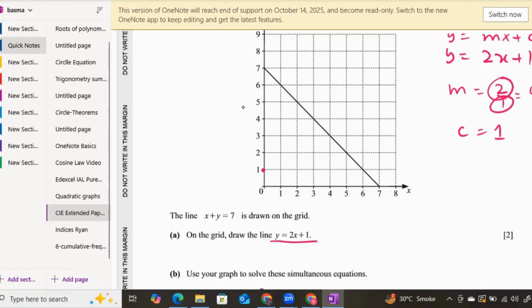Since they both are positive: if y is positive, you move up. If y is negative, you move down. If x is positive, you move forward. If x is negative, you move backward, okay. So here both are positive, so I will be moving 2 units up and 1 unit to the right, okay,